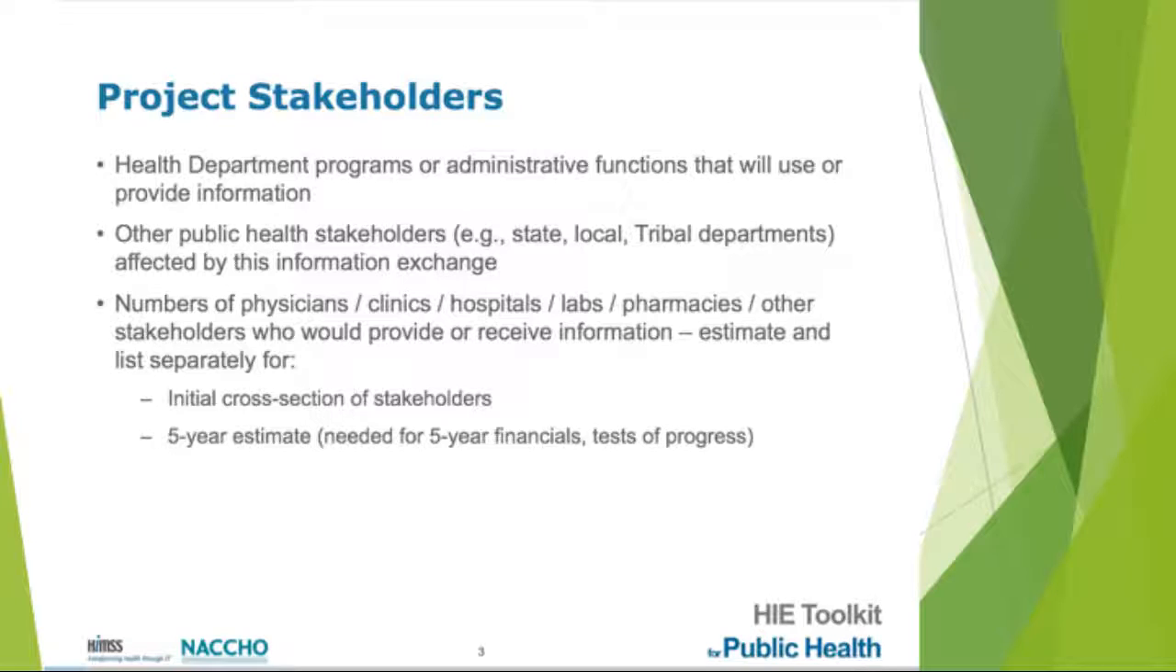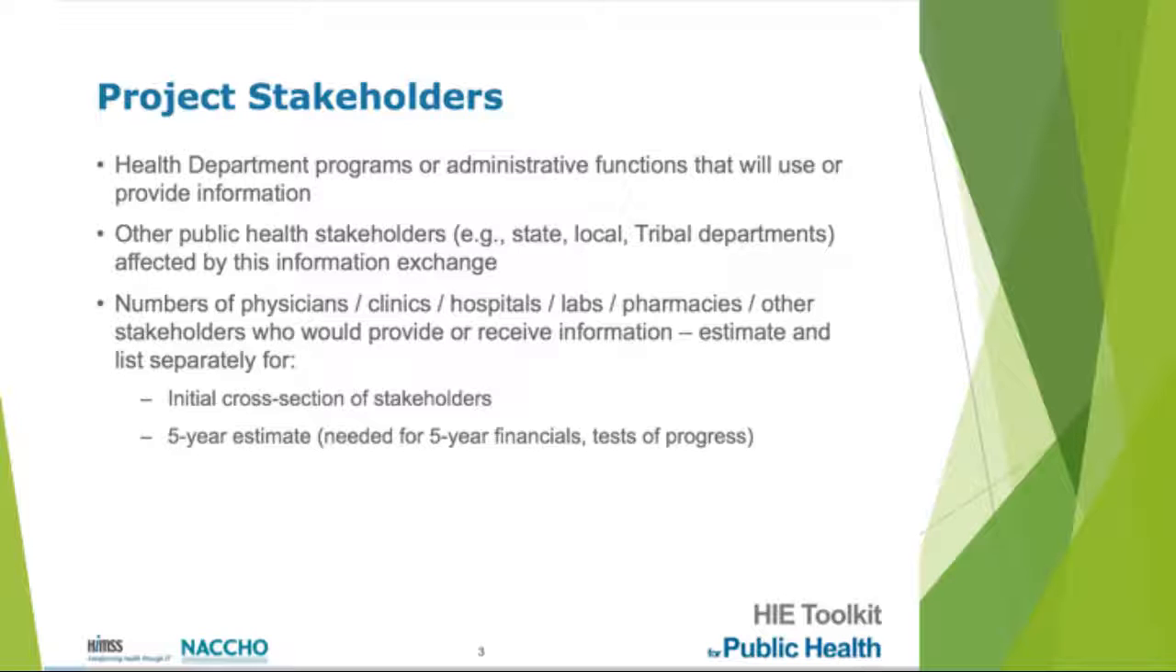For the project stakeholders section, health department programs or administrative functions that will use or provide information are listed. Other public health stakeholders who are affected by the information exchange are also included. Numbers of physicians, clinics, hospitals, labs, pharmacies, or other stakeholders who would provide or receive information are estimated, and they're broken out by an initial cross-section of stakeholders and a 5-year estimate, which is needed for reporting on 5-year financial